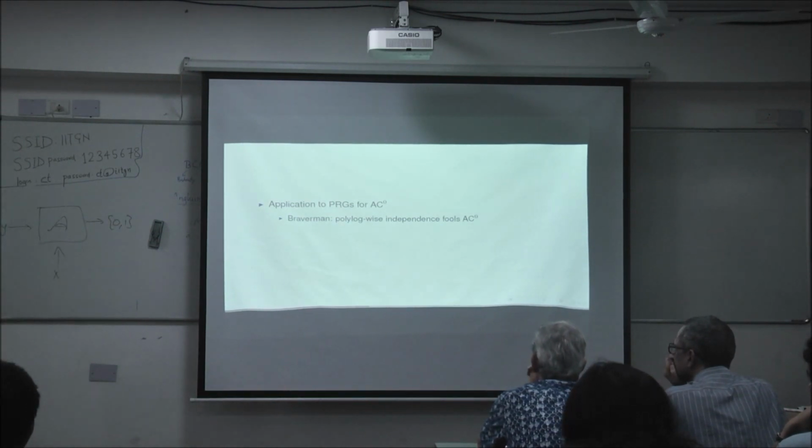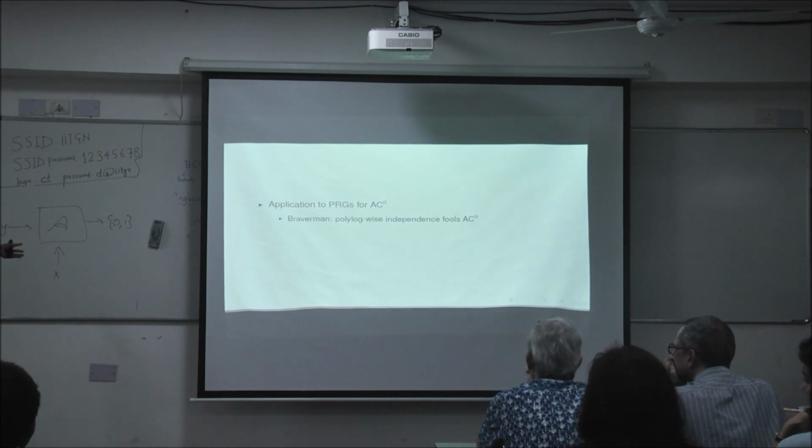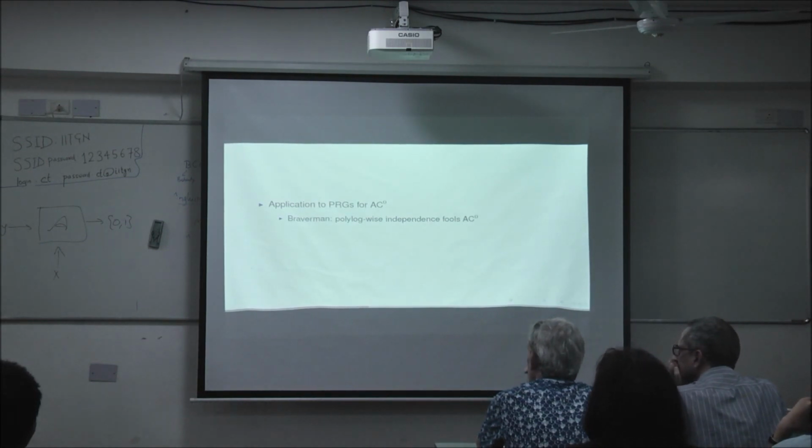And now, typically what we would like to do is to turn any such randomized algorithm into a deterministic one. Because we don't like randomness to some extent. Randomness is hard to come by in practice, etc. So we don't want to use randomness. What we'd like to do is take this randomized algorithm and convert it to a deterministic one.